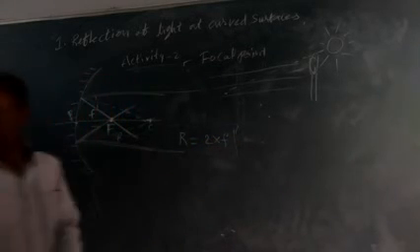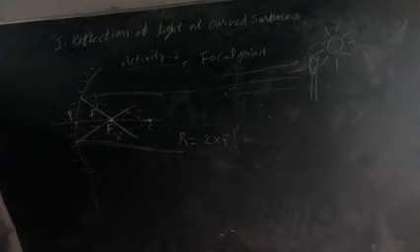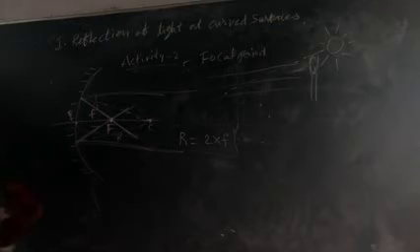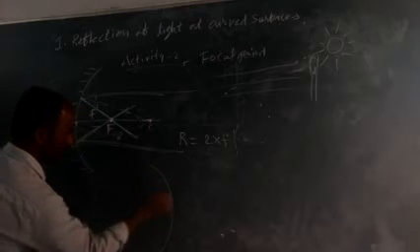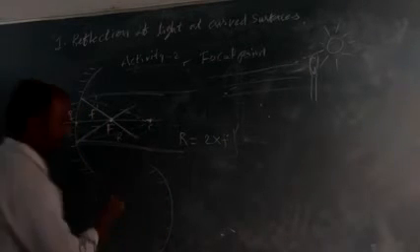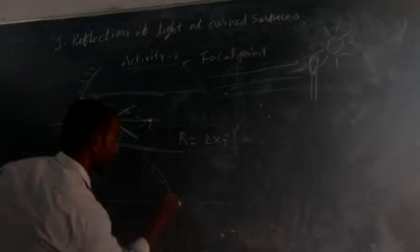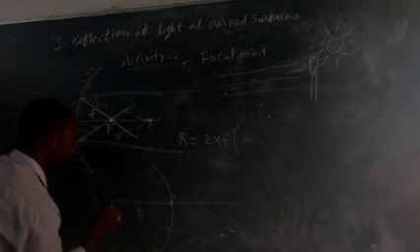This is activity 2. Already they have given it in your book, figure 5. Can you draw the same diagram for a convex mirror? It is already given in your book, this is a convex mirror. Here this is the pole, here this is the focus, center of curvature C.